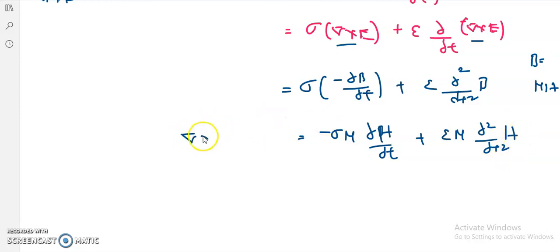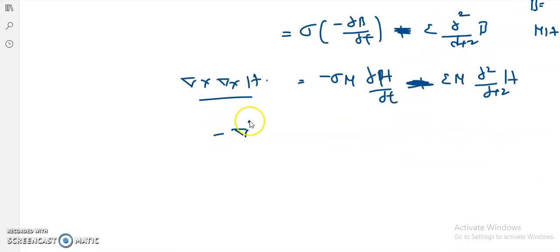So finally it is a del cross of del cross H, and here also del cross E is minus dou B by dou T, right? So that means here we will get the minus. Why? Because this del cross E we have to substitute as minus dou B by dou T. That means minus is there. Plus into minus becomes minus. And now this del cross of del cross H becomes equal to minus del square H. That becomes equal to this entire thing. And if I multiply with negative on both the two sides, then I will get plus and plus here.